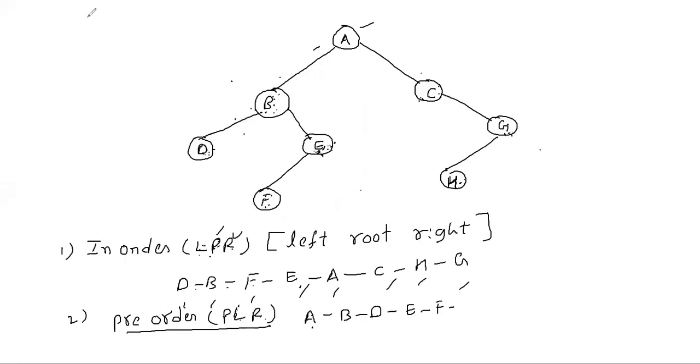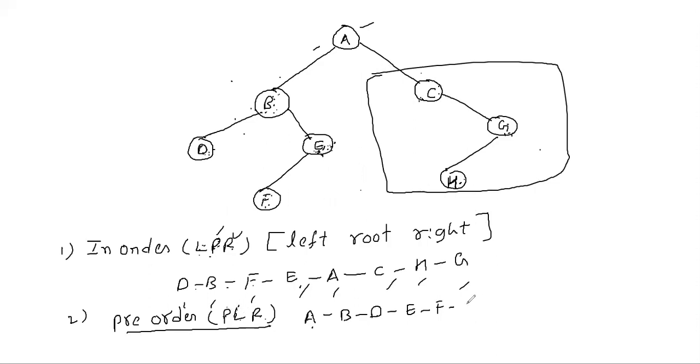When you come to the right side, C is there. So C is one subtree. What is the PLR formula? Parent. Parent C is written. Next L. Go for the left side. Is there anything on the left side? No, so leave it. Next R. Come to the right side. When you come to the right side, again one subtree is there. For this subtree, again apply the PLR formula. P, what is that? Parent.